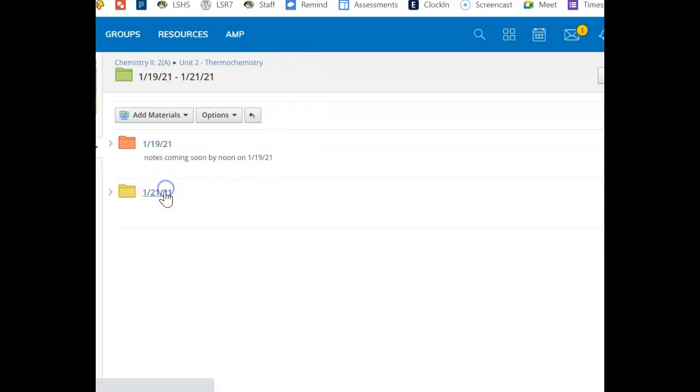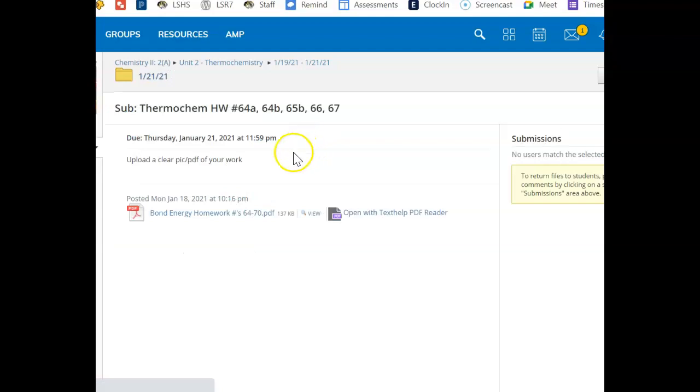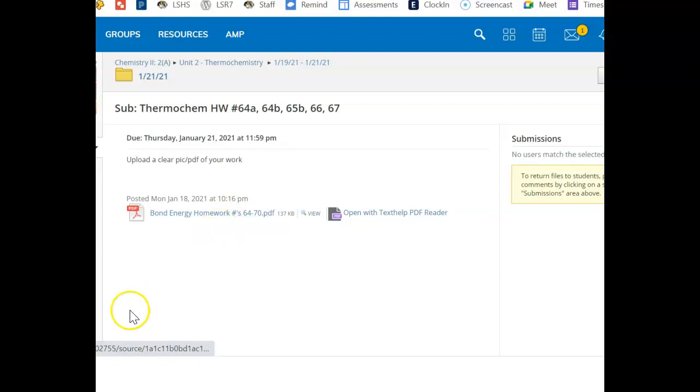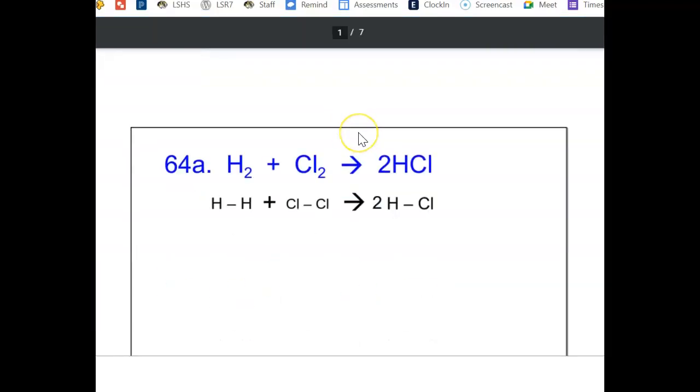Let's look at the folder for the 21st. In this folder, you're going to submit 64A, B, 65, I don't know why that says B, it should just be 65, I will fix that later, 66 and 67. But when you go into this assignment, I also provided you, so you'll see these homework problems in your homework packet, but to save time, instead of teaching you how to draw structures, I gave those to you in this PDF. So if I can open up this PDF and show you,